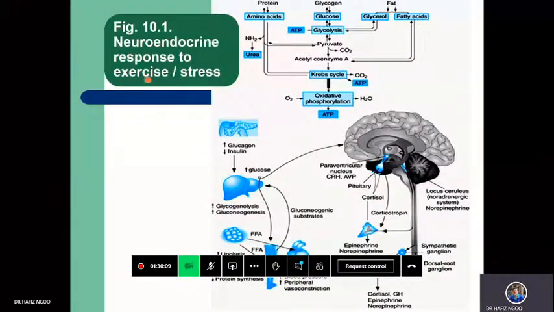Okay, so this is basically to show the neuroendocrine response to stress or during exercise. So we have the paraventricular nuclei, which will basically release